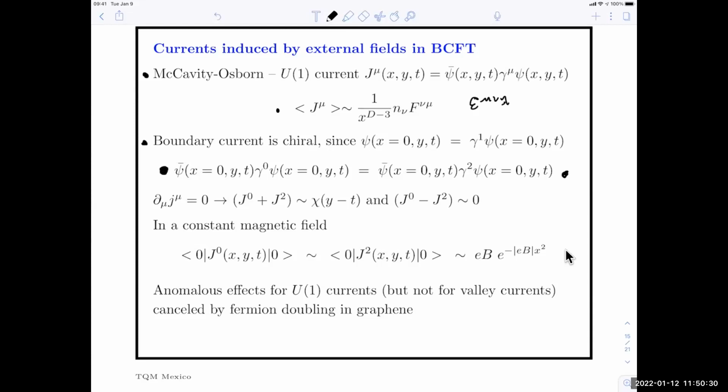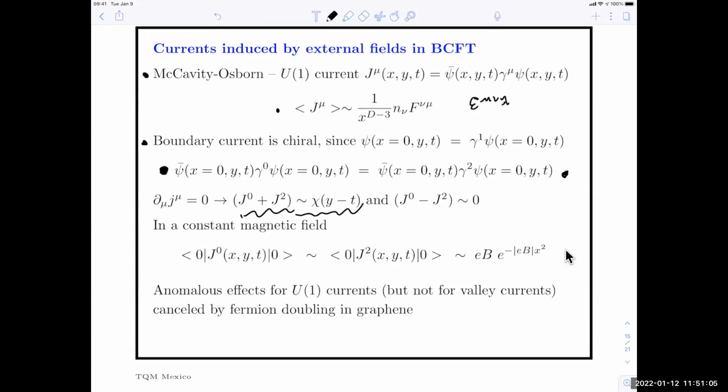And in fact, if the other component that's left out, the J1, which should vanish on the edge, but its derivative doesn't have to vanish, if its derivative did also vanish, then the boundary current travels like it would in a 2-dimensional conformal field theory, as some sort of a dispersionless wave traveling at the speed of light along the boundary, and it's chiral. It only travels in one direction. So that's an interesting consequence just of the boundary condition.